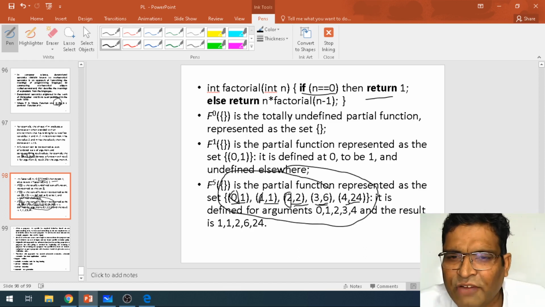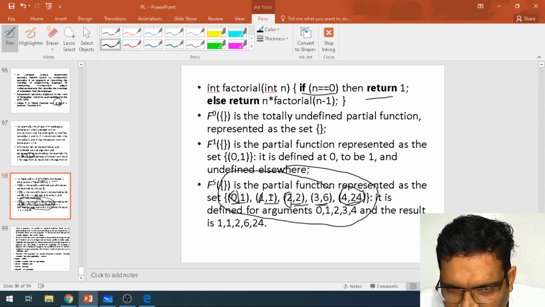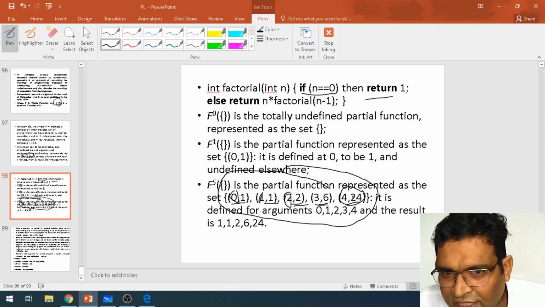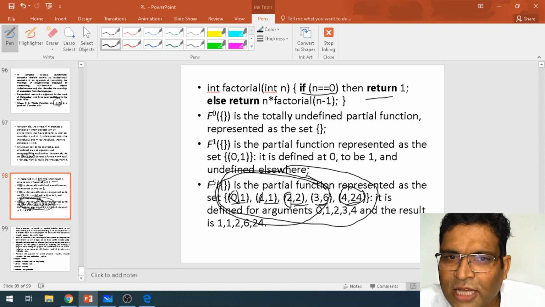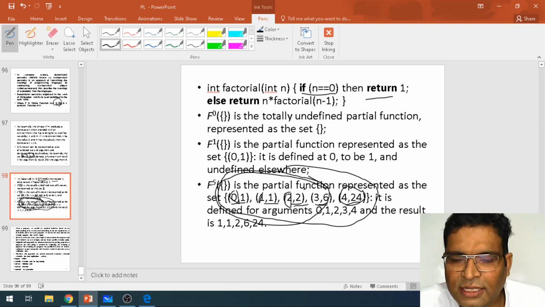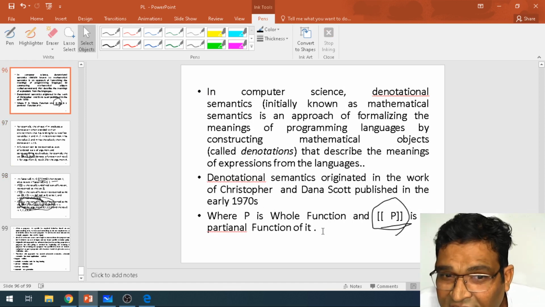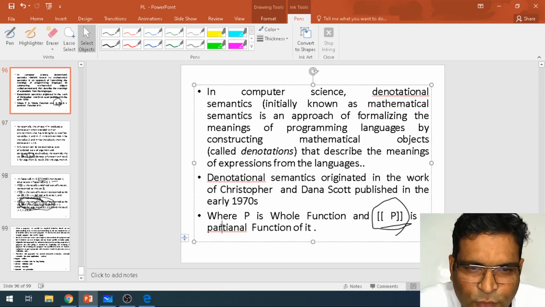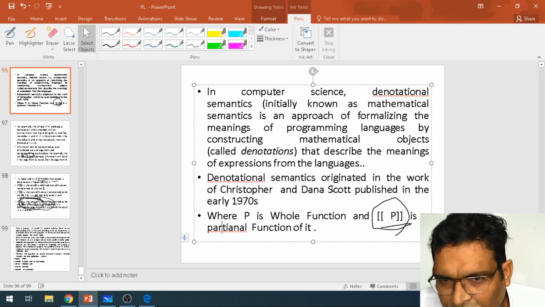When you run the factorial of 4, it will give me 24. It will give me the value of 24. What I have done: I have calculated f of 0, f of 1, f of 2, f of 3. These are all my intermediate values which calculate the values. I'm capturing those intermediate values. Denotational means the whole function, and p is the partial function of it. What do you mean by partial? Sorry, there is a spelling mistake for it. I'll modify that one. The partial function of it.